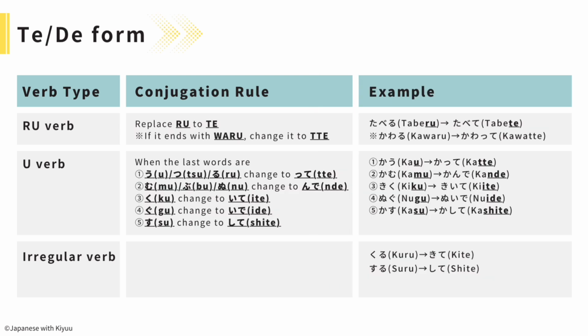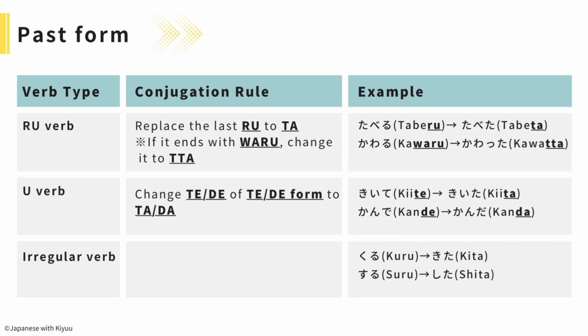て form: る verb, replace る to て. For example, 食べる is 食べて。But if it ends with わる, change it to って. For example, 変わる is 変わって。An う verb has a lot of rules, so please check these sheets. And irregular verb, 来る is 来て。する is して。